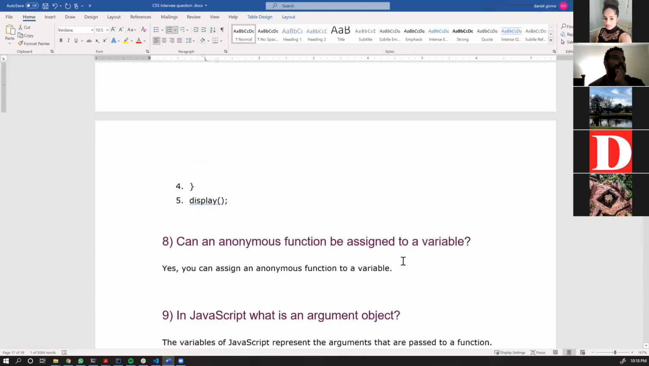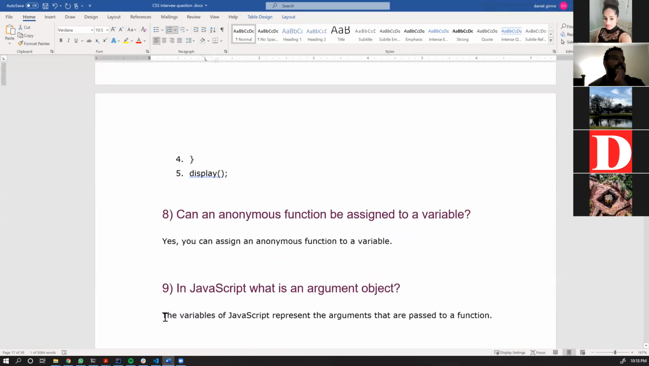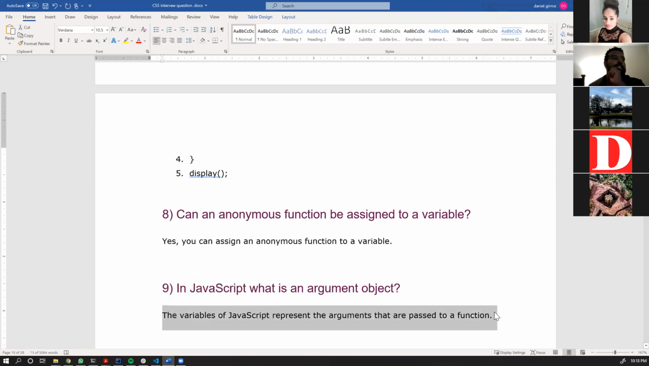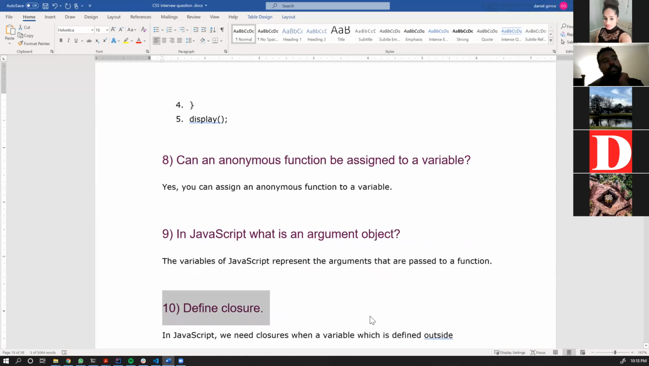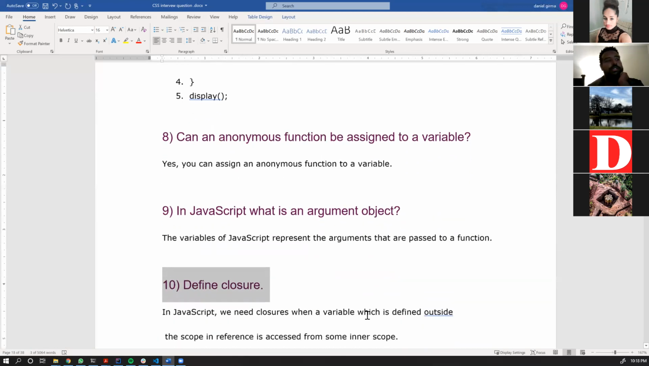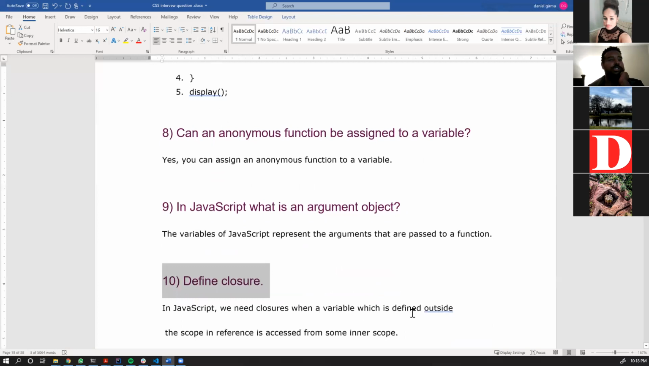Yeah. So the variables of JavaScript represent the arguments. See, the variables that are passed to a function. ይሄ ነገር ሁሌ እናየዋለን እላለሁ። አንድ ቀን አይተነው አናውቅም። ትንሽ ጠጠር የምትል ነገር አለቻት።